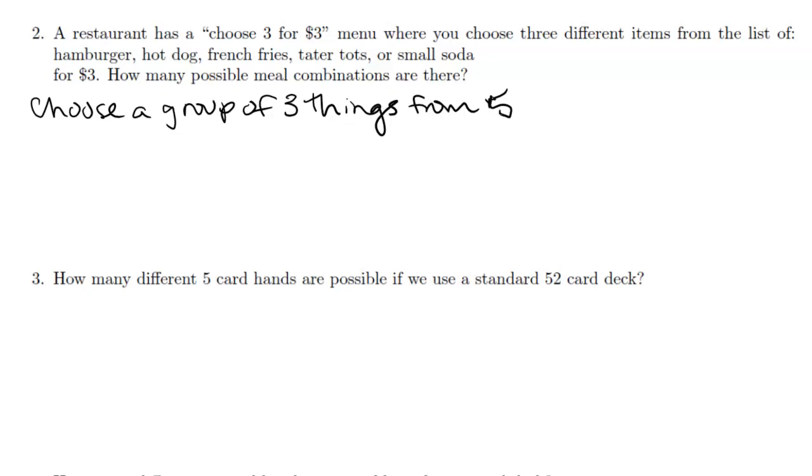So we're going to choose 3 things from 5, and it's a group of things, which means we're going to use a combination, which is pretty interesting because notice what we're going to have is a combination of from 5 things, choose 3 of them. But that's exactly what we had in our other question that we looked at as well, the question where we were choosing a group of 3 people from 5 people,